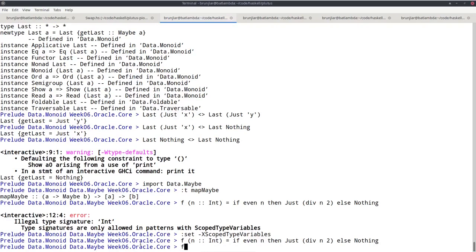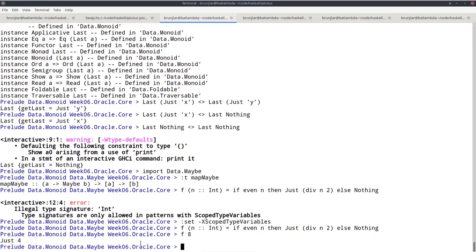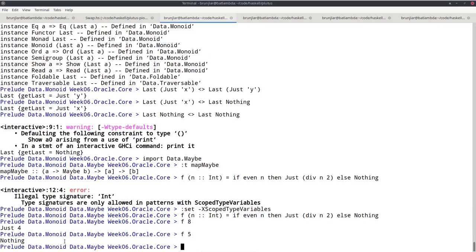Okay, so now I can try that out. So if I try it on an even number, I get Just half of it, and if I apply it to an odd number, I get Nothing. And now I can use mapMaybe in combination with this f I just defined on a list of integers. So for example, 2, 4, 10, 11, 13, 100.